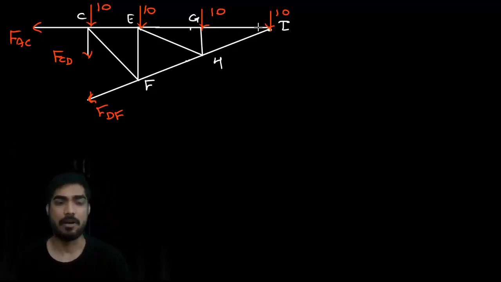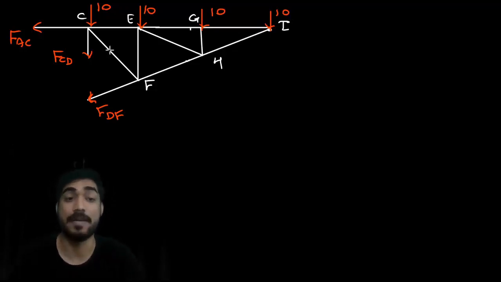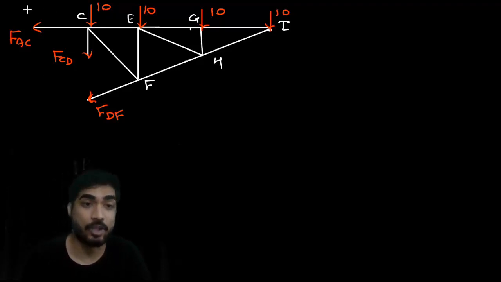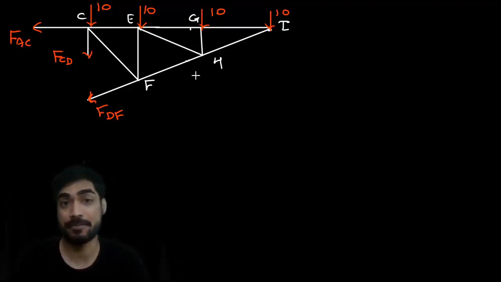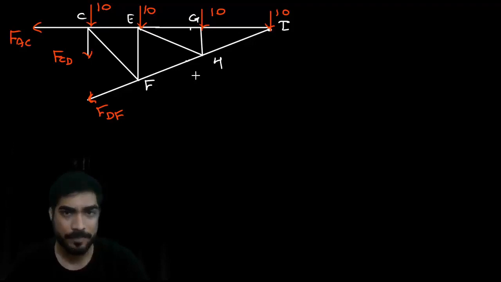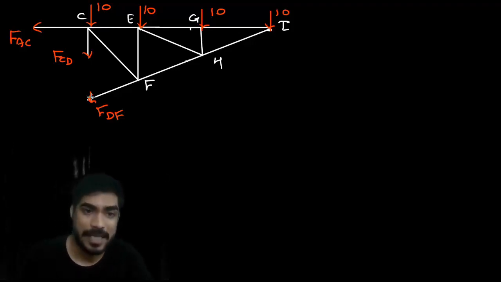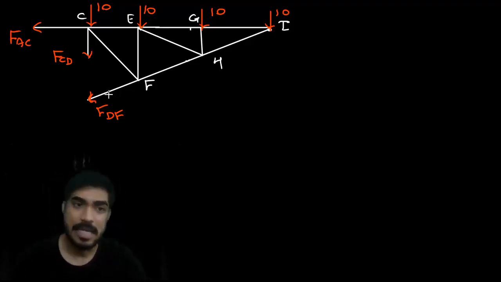Okay. Now I need force in CD, but there are extra two unknowns, FAC and FDF. I need to eliminate FAC and FDF. So how am I going to eliminate that? Can I take summation of Fy equal to 0? No, because there will be vertical component of DF also. If you apply summation of Fy equal to 0, FAC will be eliminated, but there will be vertical component of DF na. I don't need DF, I don't need AC.